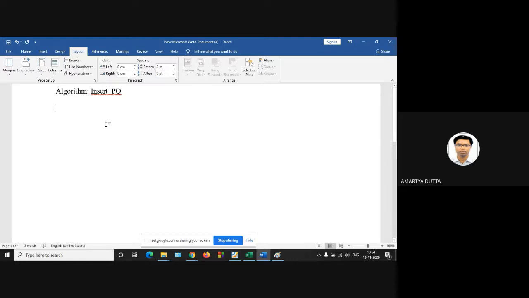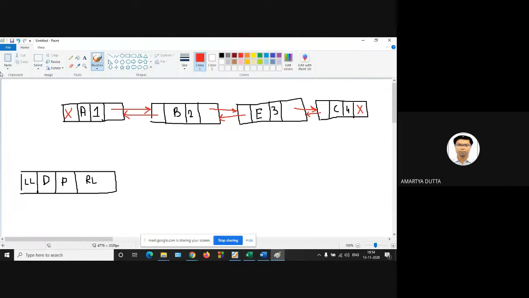So first of all, insert in a priority queue. How to insert? First of all, let our first node be the header node. Let this be your header node, head node.